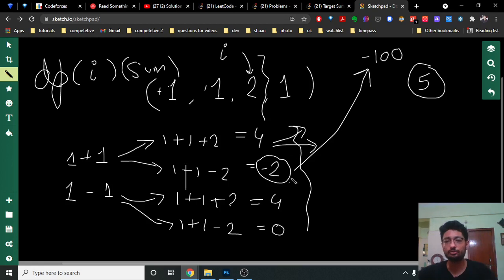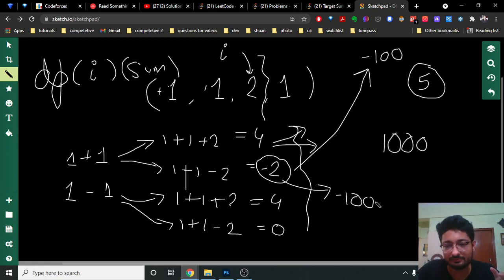Instead of that, what you can do here is, before storing this value in the DP table, add 1000 to it. Adding 1000 means that I am actually shifting this number by 1000 positions. Because see, the minimum sum it can get is minus 1000. I hope you get the point. So the minimum value of this total sum after placing some signs can become minus 1000, because I do not want to go below minus 1000. So I can get the minimum value as minus 1000, and the maximum value is 1000.